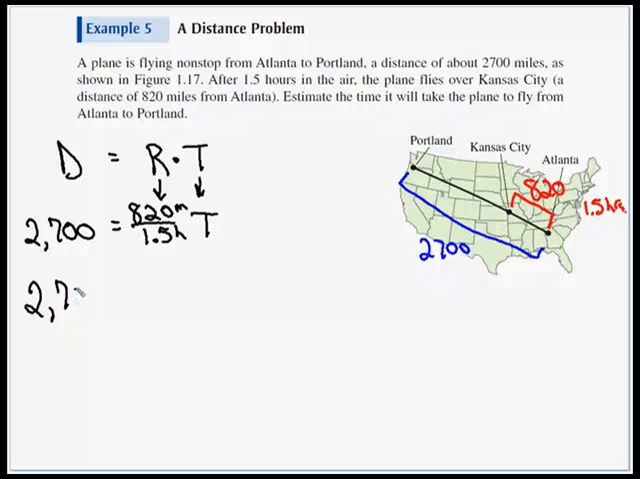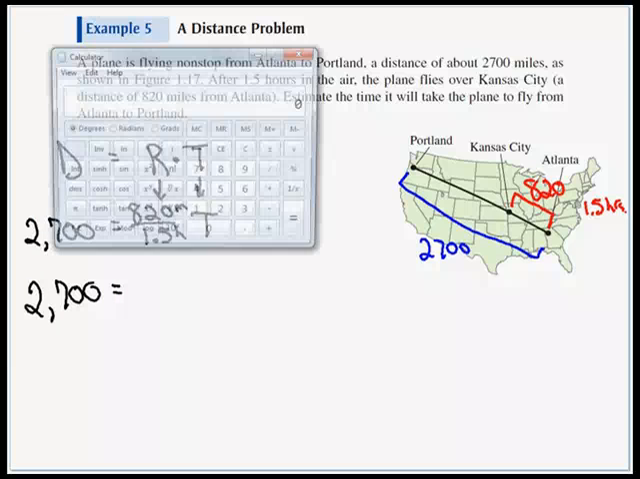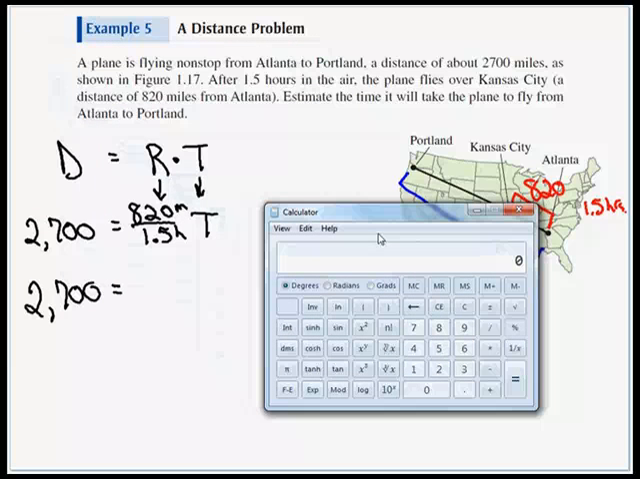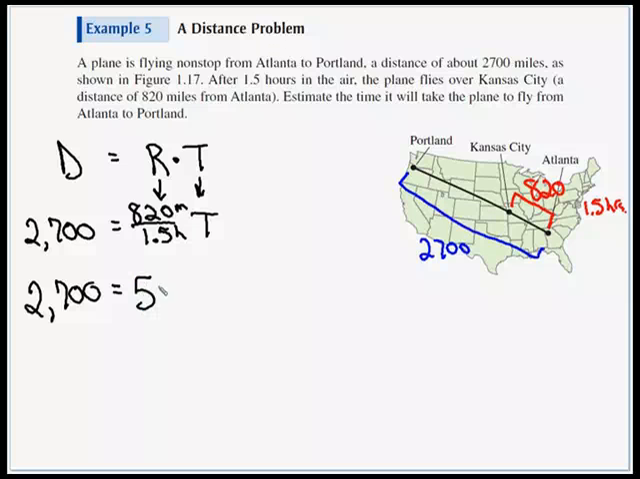So the 2,700 miles we're going to travel, if we divide that out, 820 divided by 1.5. Let me grab my calculator. So we want to do 820 divided by 1.5. And we got a repeating decimal here, 546.66. So 546.666 times time, times t. So to solve for t, we're going to divide both sides by that